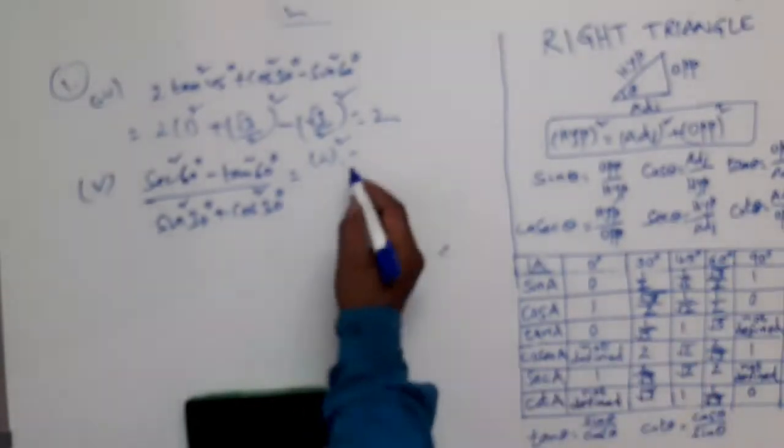See this. Minus tan 60 degrees. These values also I remembered, because tan is also very important in questions. This row also I have remembered: tan 0 degrees is 0, tan 90 degrees is not defined, 30 degrees is 1 by root 3, 45 degrees is 1, tan 60 degrees is root 3. These are also increasing, like sine.